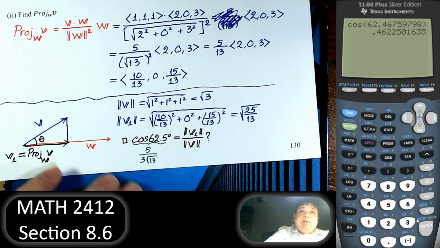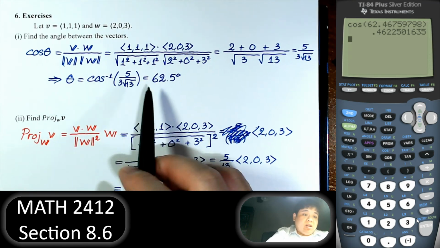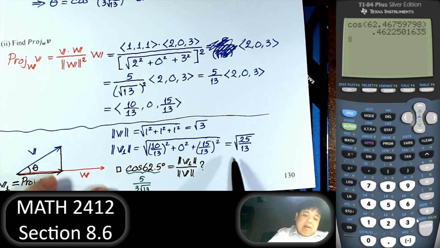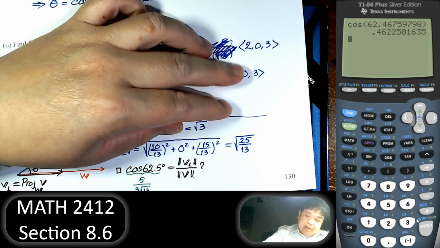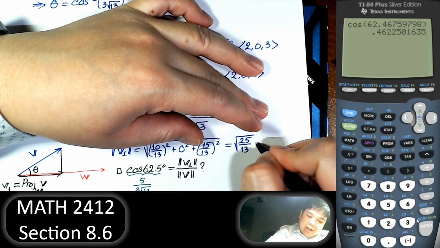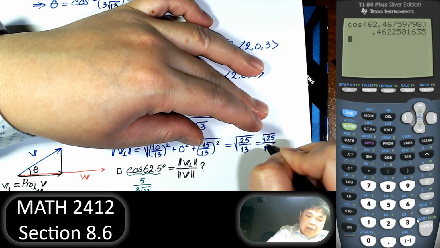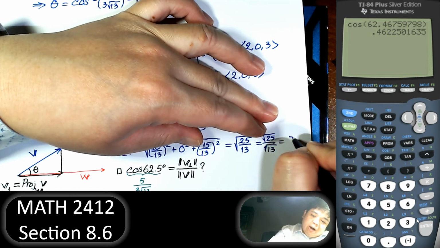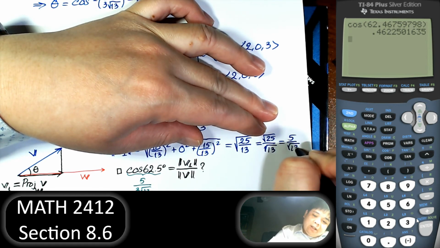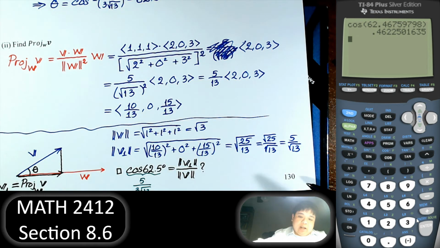Well, we did that in the first part, right? To get the angle, we just find the cosine inverse. So that's what we have. And now, what is the magnitude of V1 over the magnitude of V? By the way, this we can write as square root of 25 over square root of 13, or 5 over square root of 13. And now we take this and divide by